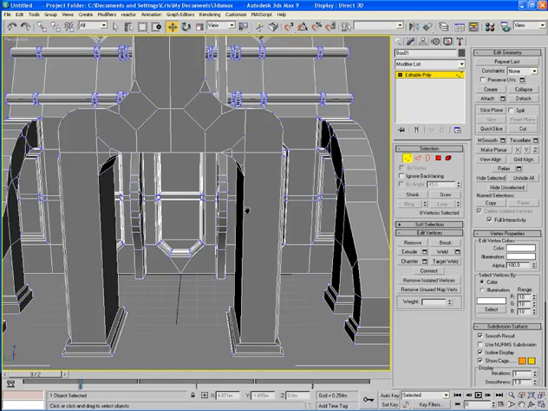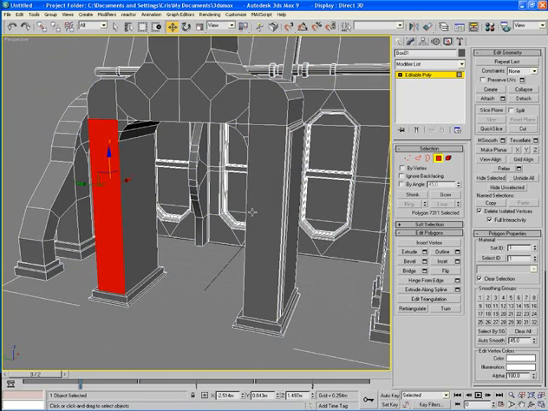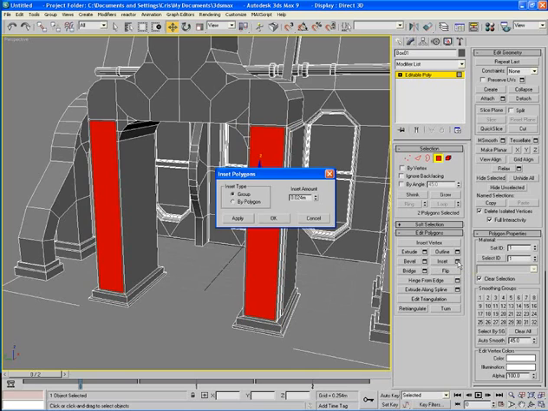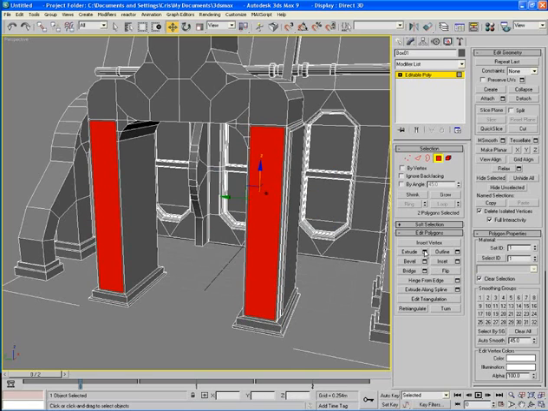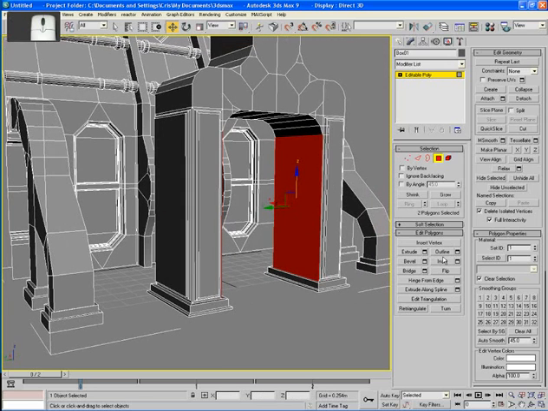Nearly done. So over here then, we can just repeat all our actions by simply pressing inset, bevel, inset, extrude. And that panels that piece in. And again here,